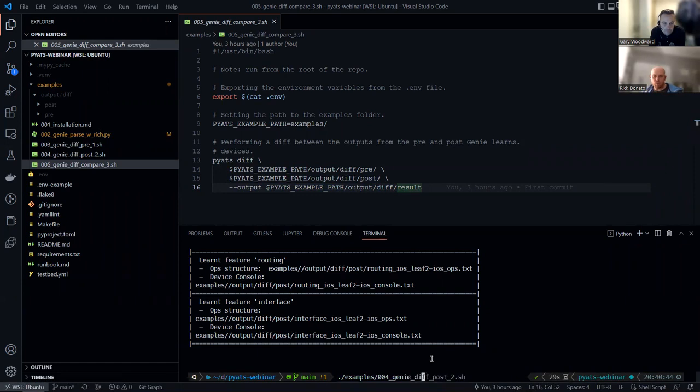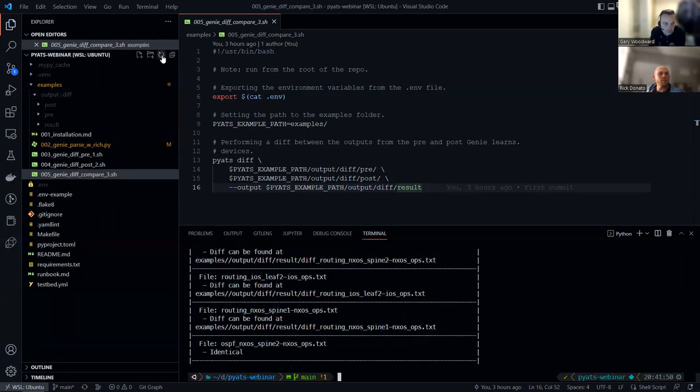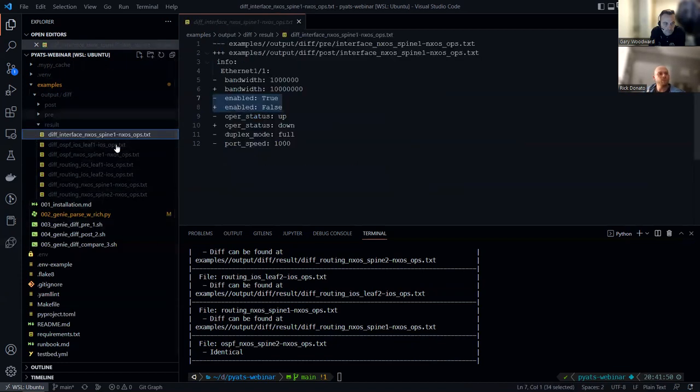So if we go back, Genie Diff compare, and then what we get is a result folder, and now we can see all of the differences. So go into here. For the interface, the differences between the interfaces from that learn, you mainly see here we've got the enable, true and false, and some other differences. And as we go through,